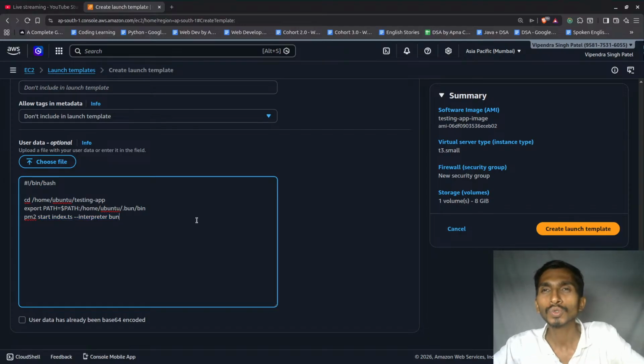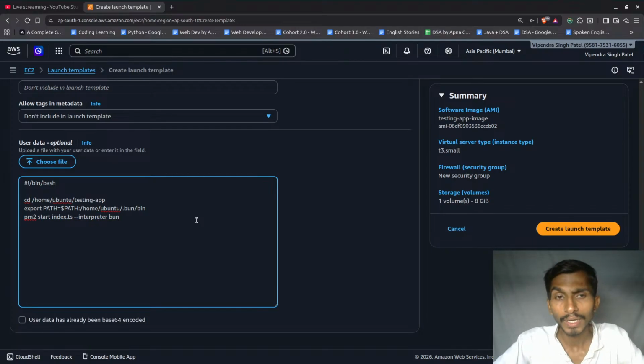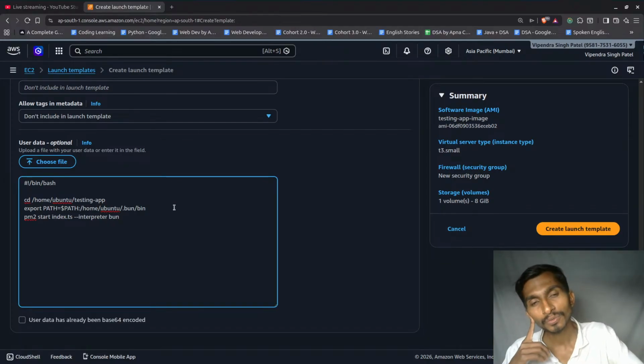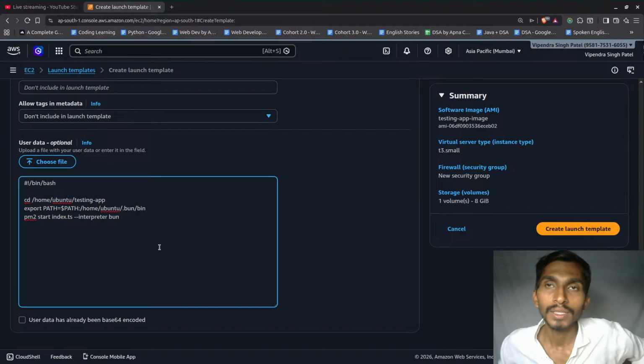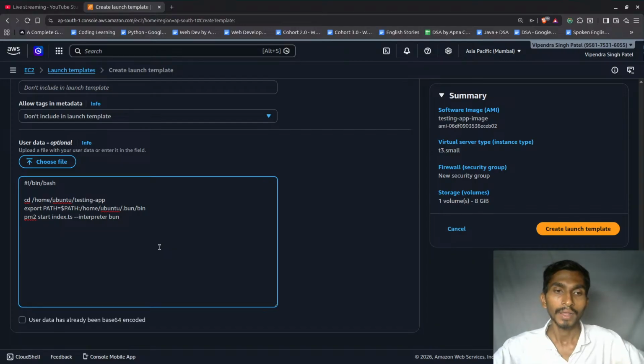Now I don't need to use any name, because there are gonna be many instances. They will have their own default name and all. And this time, the previous instance that I had, things were getting pushed from the GitHub itself, but in this particular case I will not be using a CI/CD pipeline, because there are gonna be many instances. There's not gonna be only one instance, rather there are gonna be many instances, and as there are many instances, it's not gonna be possible to just simply